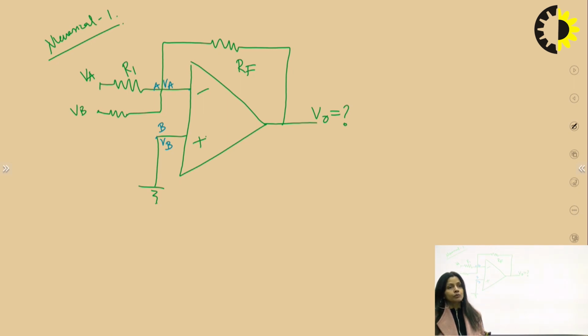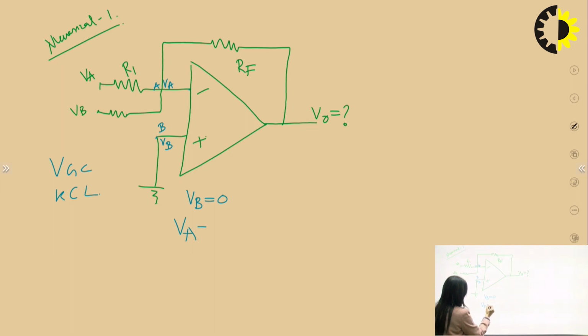Only 2 things we need to apply. First is your virtual ground concept, and second one is KCL. Right, KCL is nothing but the Kirchhoff current law. Okay, so according to the VGC, if I think that VB is equal to 0, right? If my VB is equal to 0, then